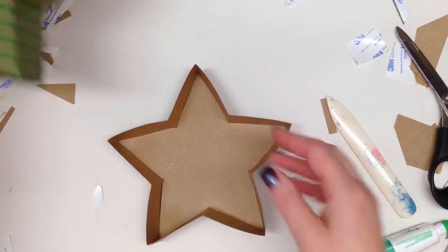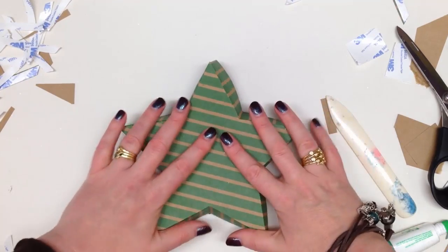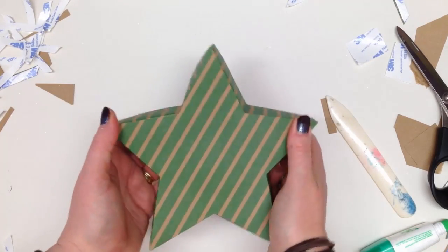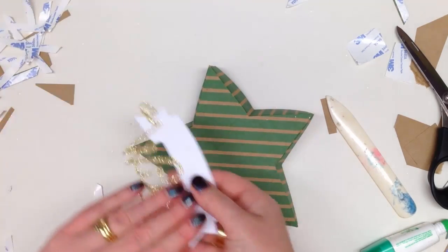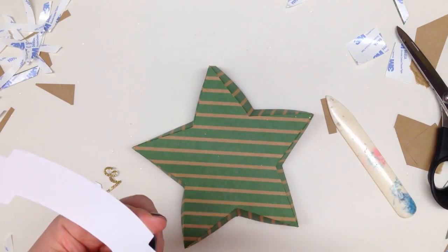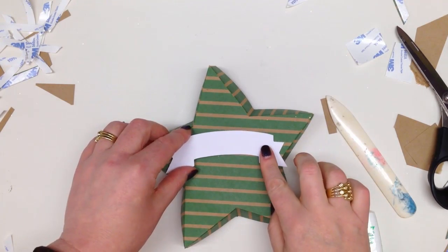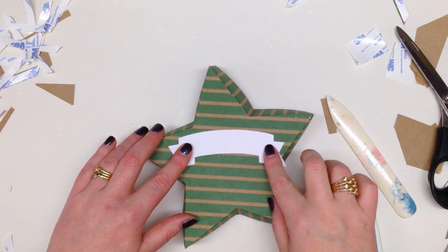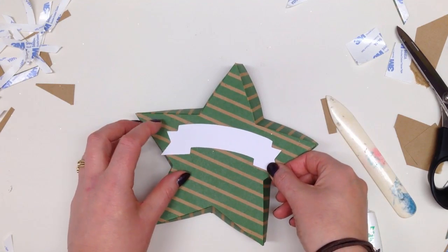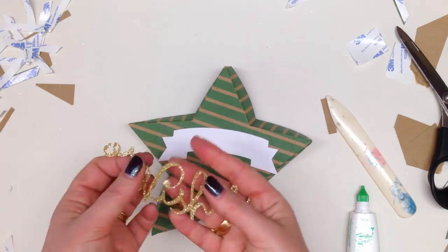Okay, so then here's your lid, here's your box, and it goes beautifully on the top. Now what I'm going to do with this one is put on a banner. So again, a little bit of glue on there. Oh, that's a bit wobbly. Okay, so that's going to go on there like that. Then I've actually popped out